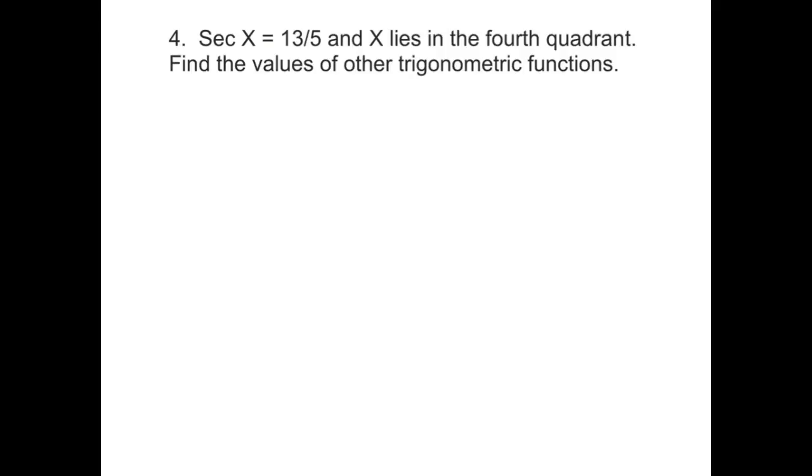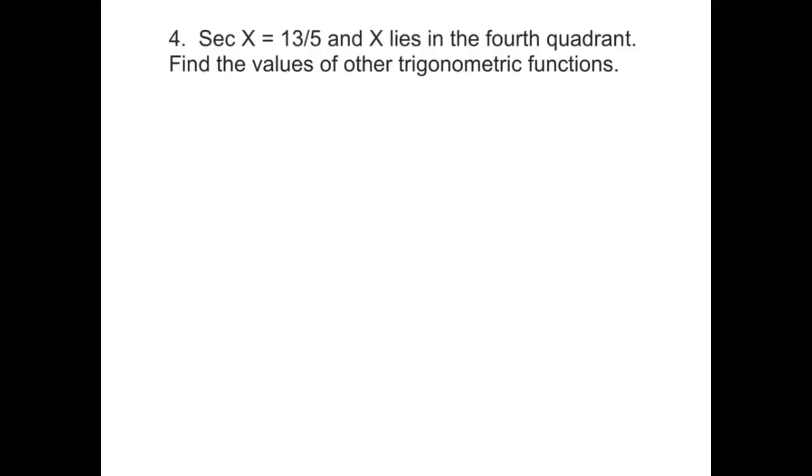Sec x is equal to 13 by 5 and x lies in the fourth quadrant. Find the values of other trigonometric functions. Now, when we are asked to find other trigonometric functions, we are basically expected to find the values of all the other trigonometric ratios except sec x, which is given to us. That is, we are expected to find out the values of sin x, cos x, tan x, cosec x and